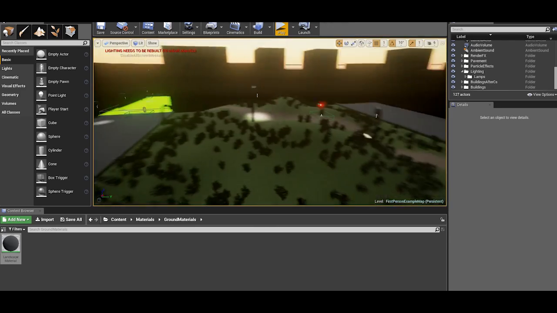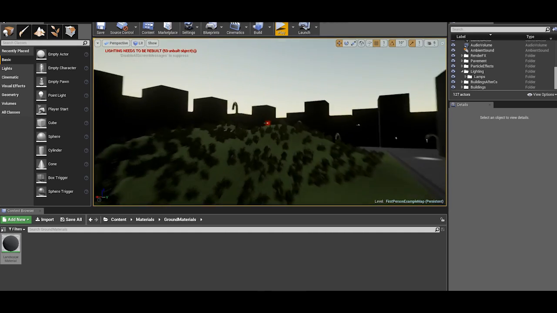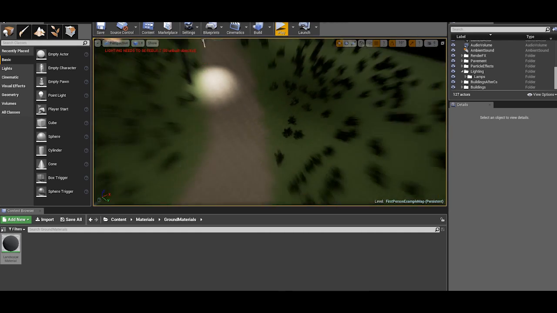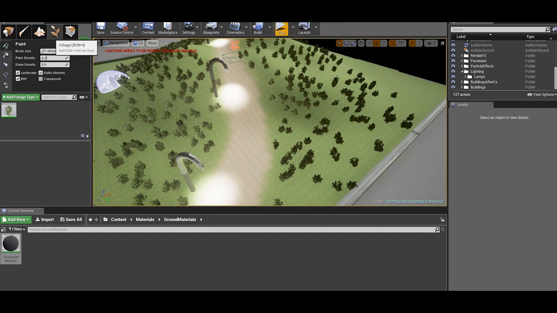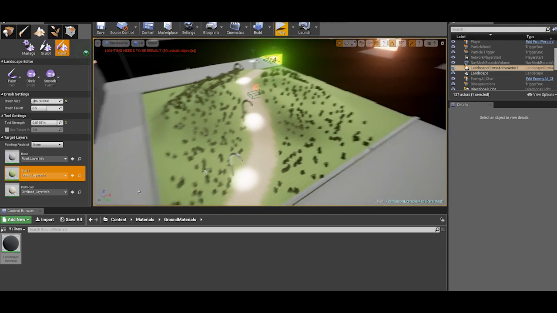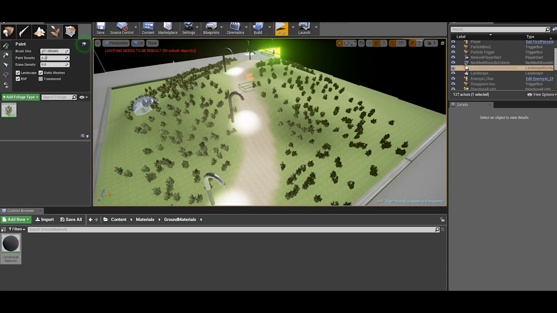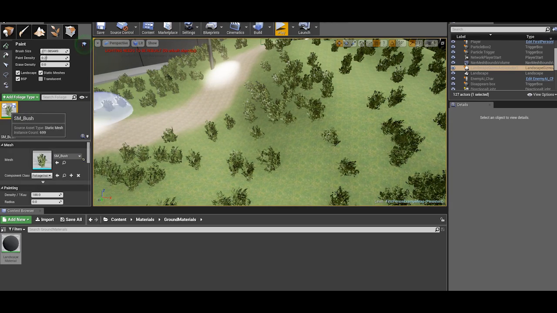And I used the sculpt tool to make a park here. As you can see, the park has the grass material and the ground material that I used with painting tools. And I also used foliage, only the bush here,